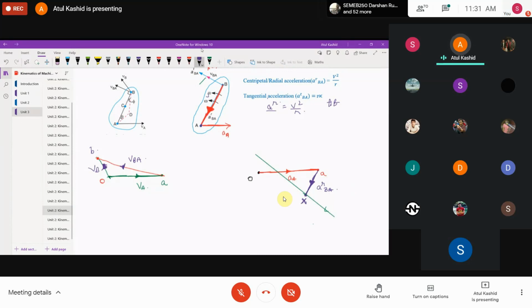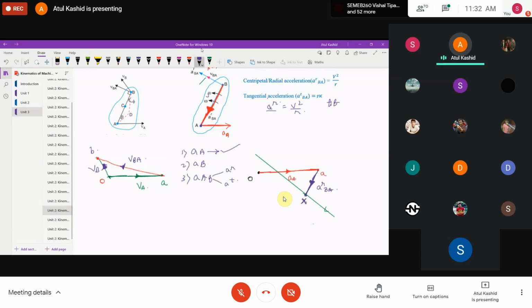Now what we have finished, we'll see. So I already told you that we have the acceleration of A, we have the acceleration of B, we have the acceleration of A with respect to B, right? What we have finished now is drawing the acceleration of A, right? We have gone for AB over here. We have drawn the radial component as well as the tangential component, right? Now what we'll do to get the point B,